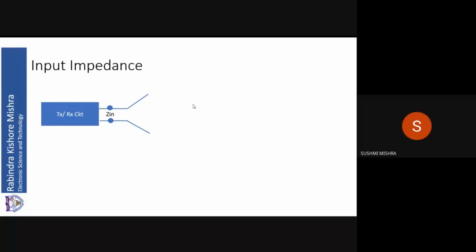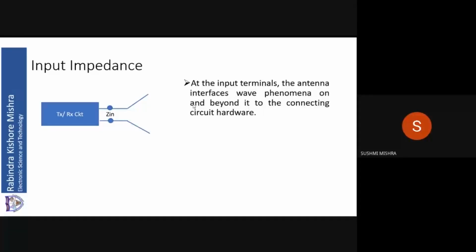Now, when we feed the power to the antenna, antenna will radiate out those power. We expect that it will radiate completely those power. Now, you know from transmission line or from maximum power transfer theorem that if I have a device which is completely or properly matched to the source, then the power that is delivered to the device from the source is maximum. Now, anybody or anyone who remembers what will be this amount?